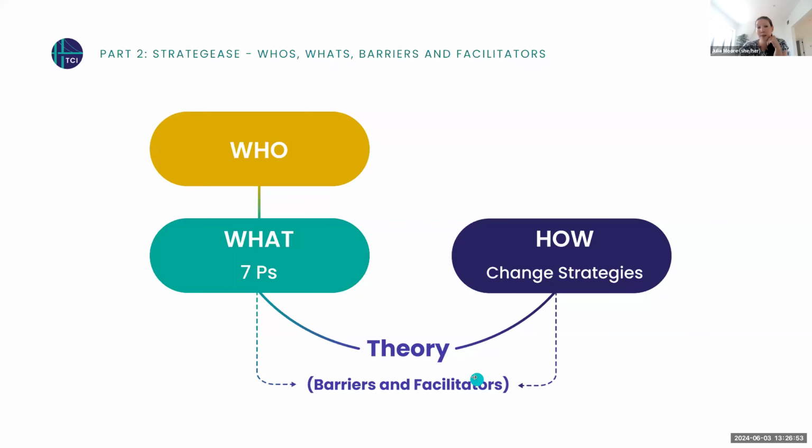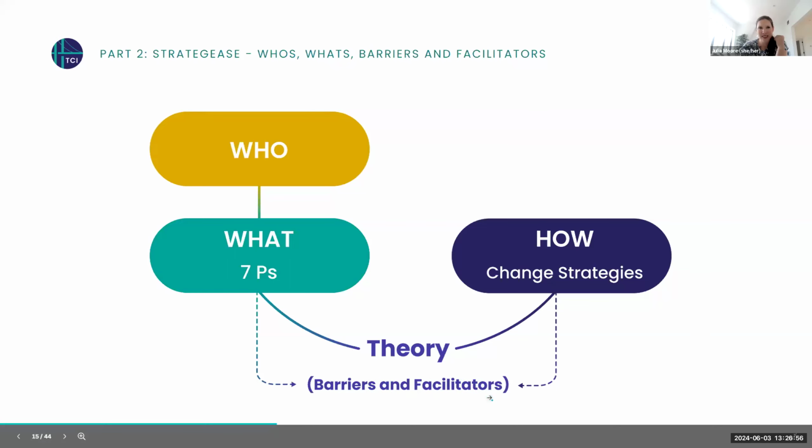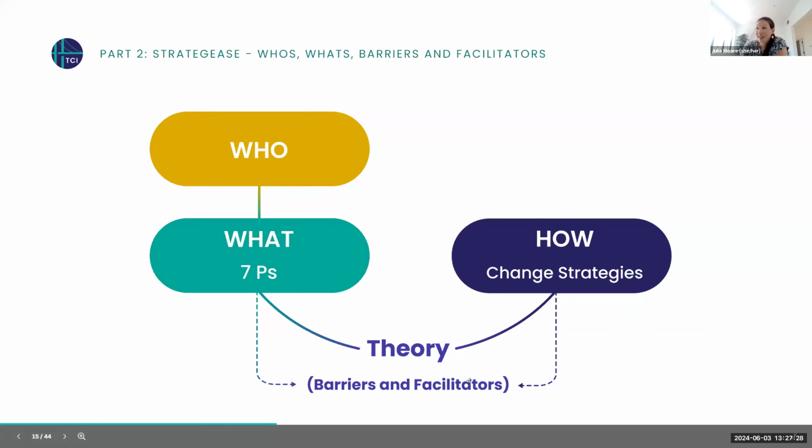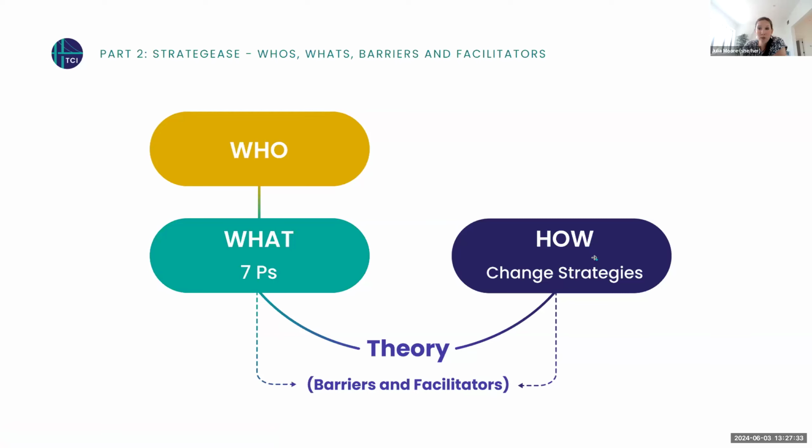We like to call these reasons barriers and facilitators. It's like, why are they not going to do the thing that we've asked them to do? Sometimes we default to thinking, oh, if they only knew, or if they only got a reminder, they would change. But actually, we know that often it's other things driving the reason that people do or don't change. Things like their beliefs, or kind of just doing whatever their colleagues or their peers are doing. Or sometimes they're really afraid of trying something new, or maybe they're not confident. So when we can understand these barriers and facilitators, it can help us pick what we call change strategies, or the hows, how we can support them to change.